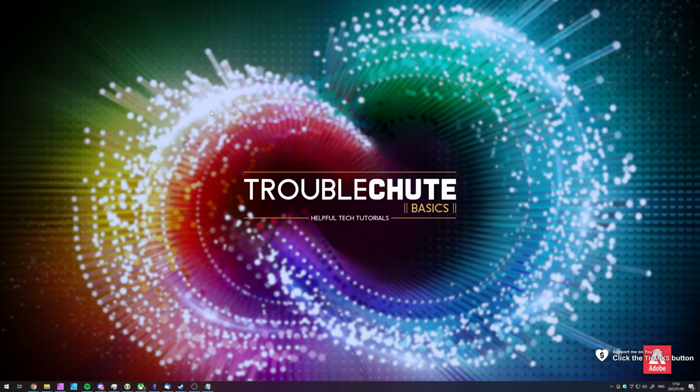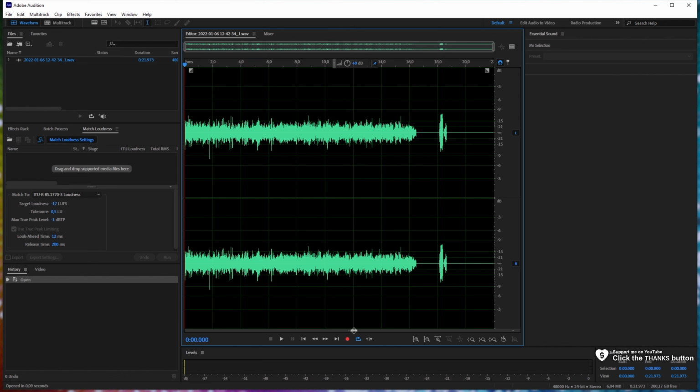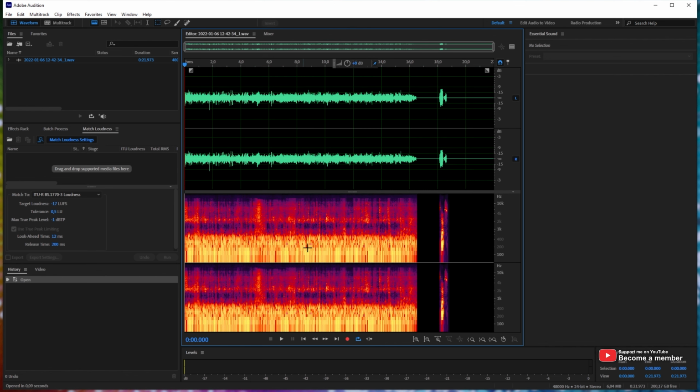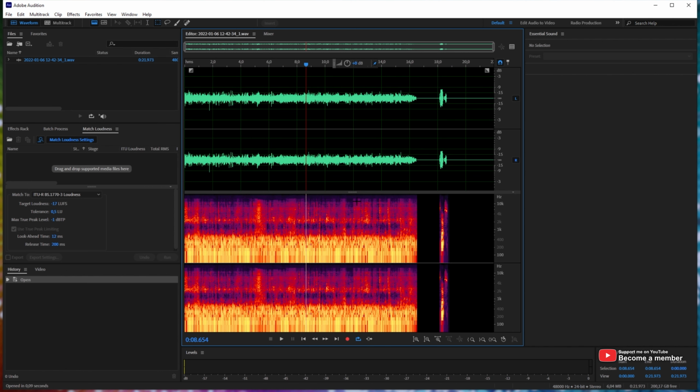In this quick video, I'll be showing you how to fix a simple issue in Adobe Audition. I've simply opened up an audio file and dragging from the very bottom of this main editor window up, you'll see a spectrogram. You can also go View and Show Spectral Frequency Display, Shift D, you can toggle it as